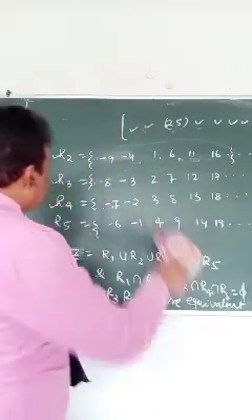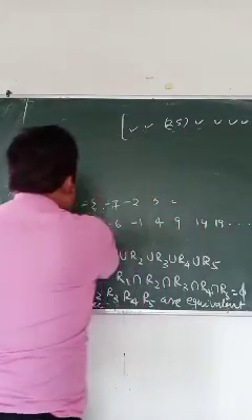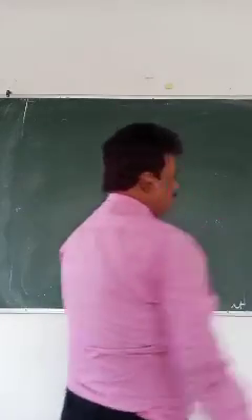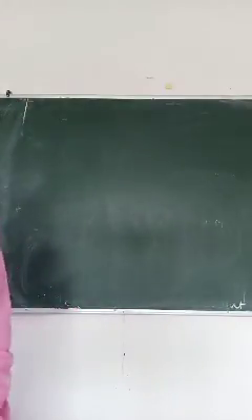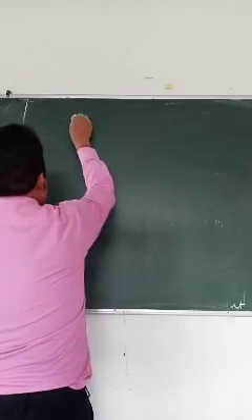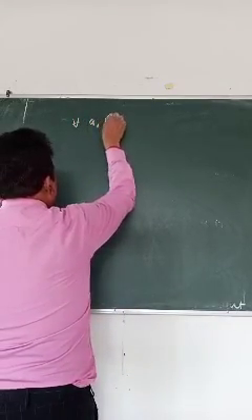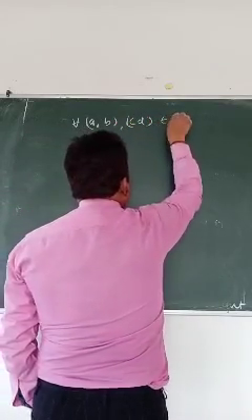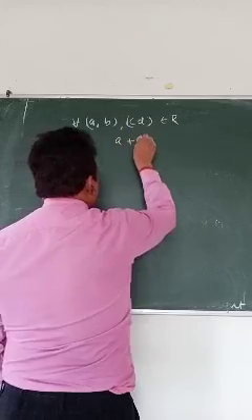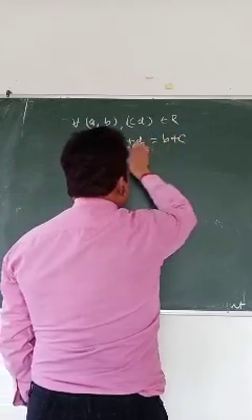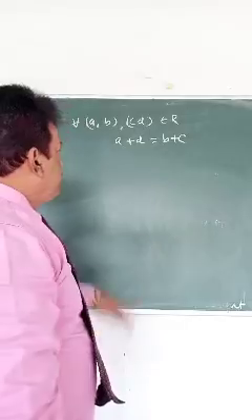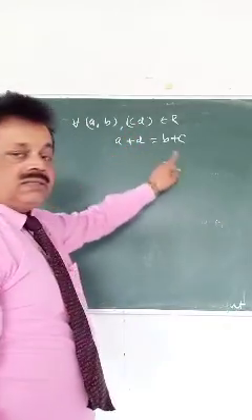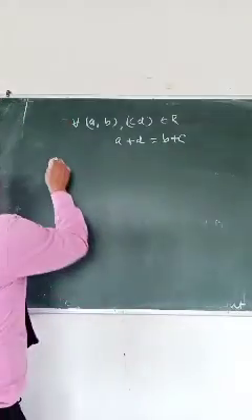So back to our question. What is given to us? Now we are given, for all a, b, c, d belonging to R, a plus d equals b plus c. This is what is defined. We have to prove on this that it is reflexive, symmetric, transitive. Okay. What is reflexive then?